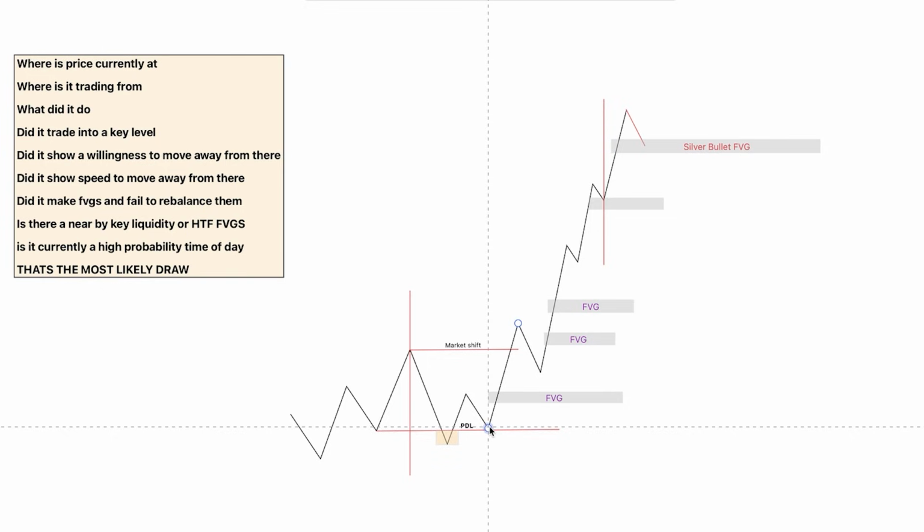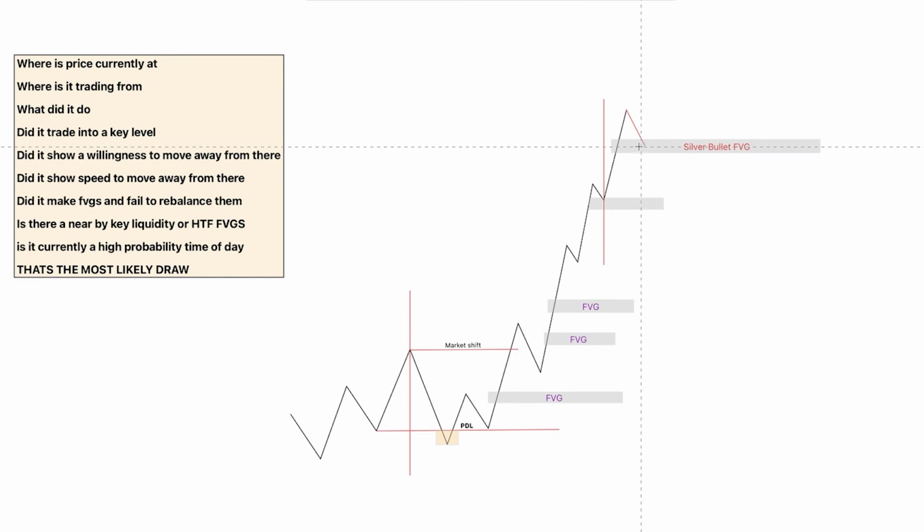Did it show speed to move away from there? Okay, yes, we can see that as price made a market structure shift, retraded, even failed to trade into a fair value gap and just started to move higher, and the speed is represented by it continuously making fair value gaps as it's progressing higher. That shows that price is in a hurry. Did it make fair value gaps and fail to rebalance them? Okay, yes, price failed to rebalance these fair value gaps as it was moving higher